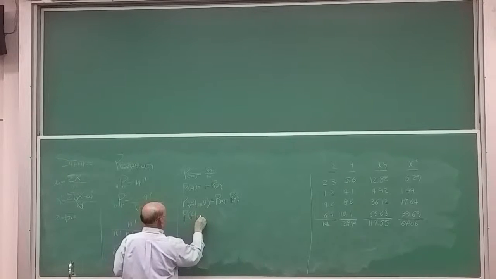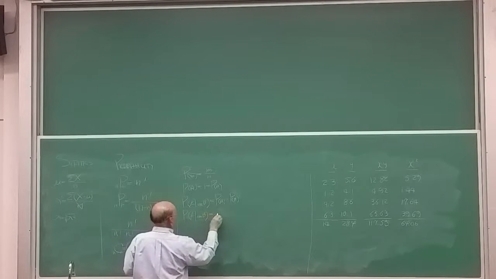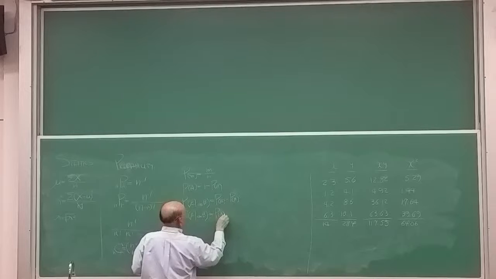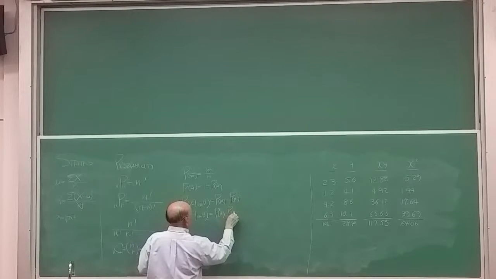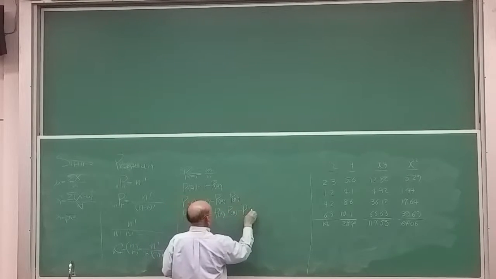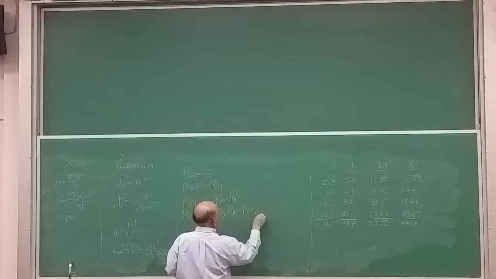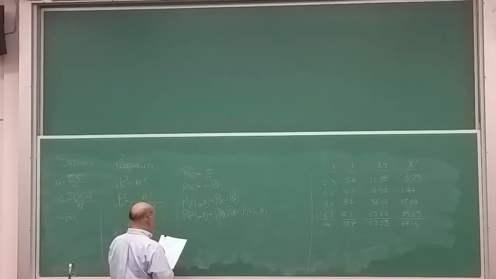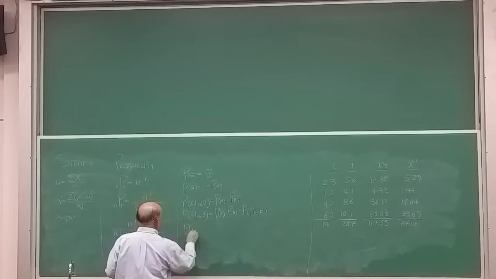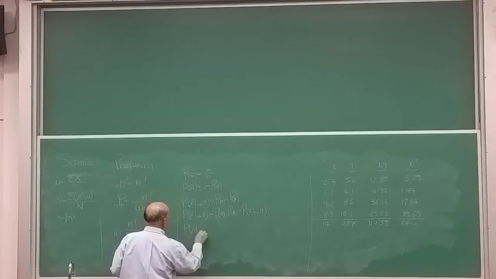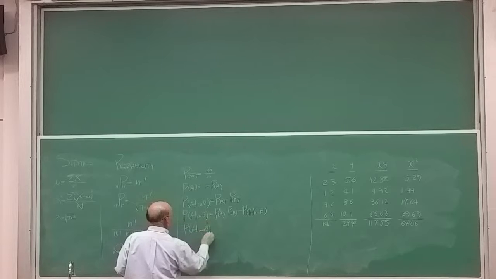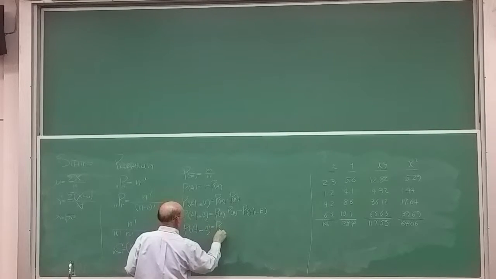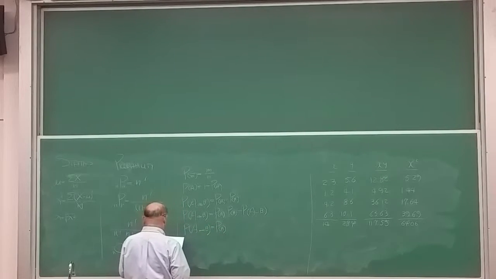Probability of A or B is probability of A plus probability of B minus probability of A and B. Probability of A and B is probability of A